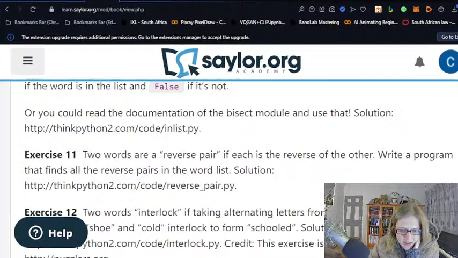Back. Our next exercise looks equally as challenging. So exercise 11: Two words are a reverse pair if each is the reverse of the other. Write a program that finds all the reverse pairs in the word list. Now,